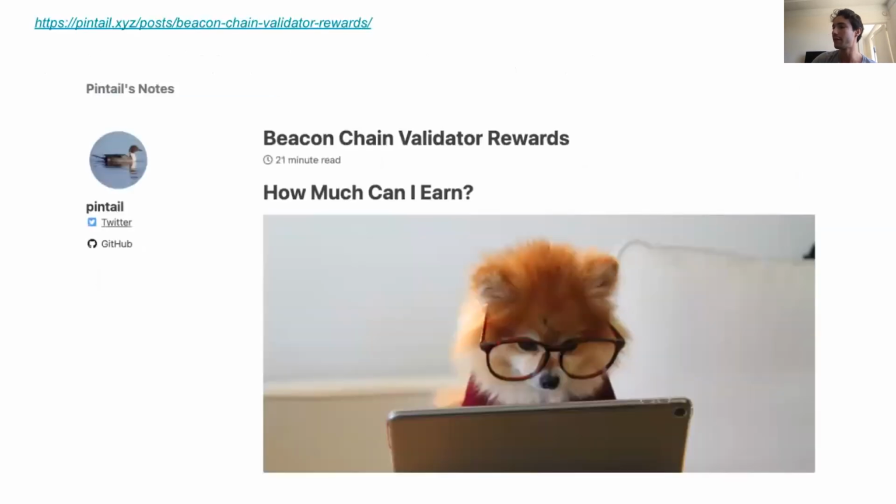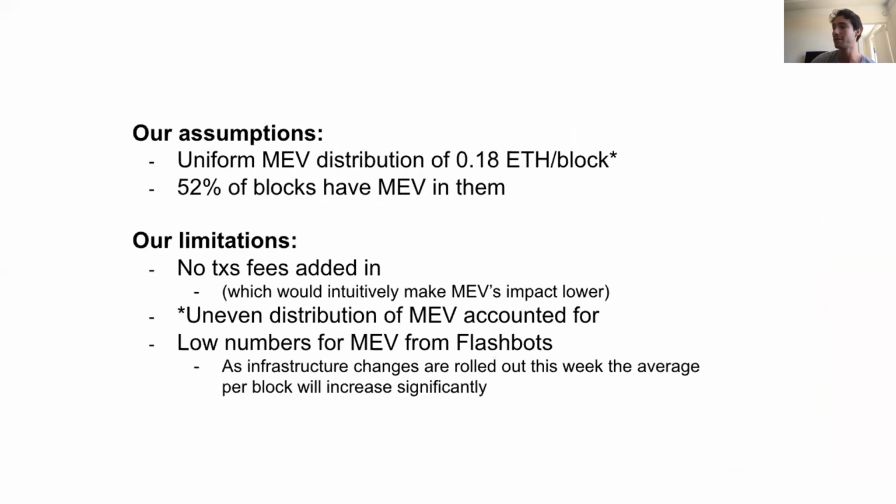So we're using Pintail's model. Pintail has a great article on this that I've put the link to here, and I'll share more. Thank you, Pintail, and we're using his Python code and building on it. The assumptions, as I showed in the previous slide, are about 0.18 ETH per block of MEV, and that's from Flashbots numbers, so that's actual value that we've seen flow. And then 52% of blocks have MEV in them, so not all blocks have